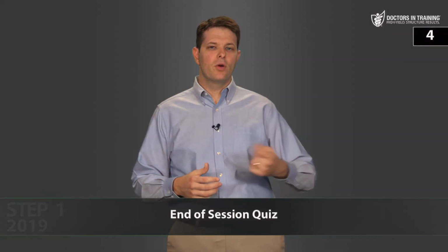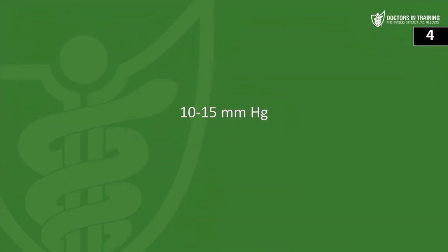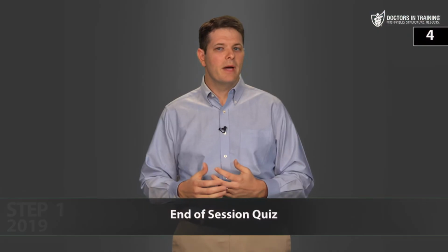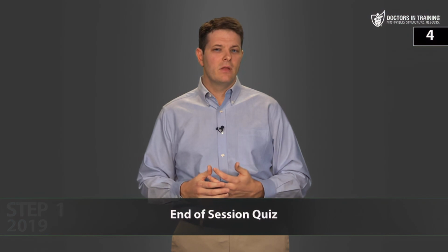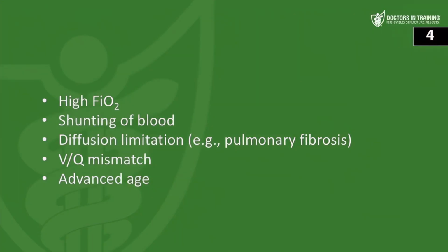First question, what's the normal value for an AA gradient? It's 10 to 15 millimeters mercury. And then what might an elevated AA gradient indicate? It can indicate high FiO2 from supplemental oxygen. It can indicate shunting of blood, pulmonary fibrosis, or something else that impairs gas diffusion, VQ mismatch, and also advanced